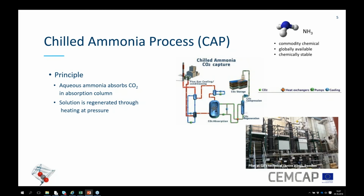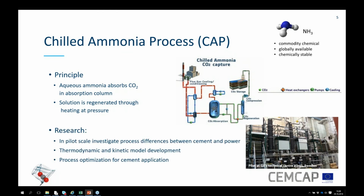The experimental work has been done at the GE Technical Center in Växjö, Sweden. It still says Alstom on the sign. You can see that this was formerly Alstom Power. And the research that's been done is to, in pilot scale in this lab, large pilot scale, investigate process differences